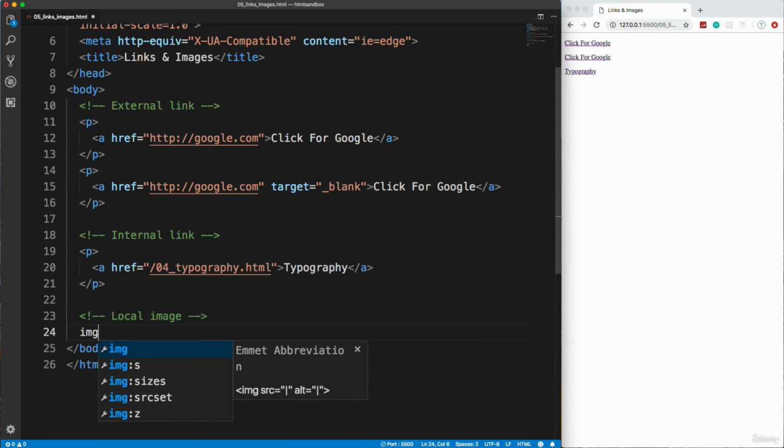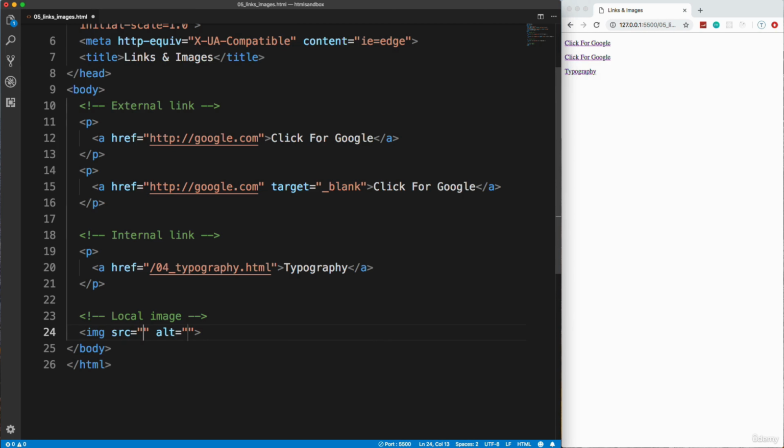And in VS Code, if I do IMG enter or tab, it's going to give me two attributes. One is the source, which is the location of the image and the image name, and then one is basically the alternative text. So if for some reason the image doesn't show up, if it's not there or something, this will be the text that's shown. So for the alt, I'll just say my image, and then for the link here, we want to go into